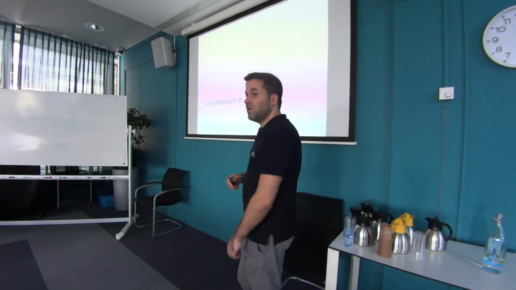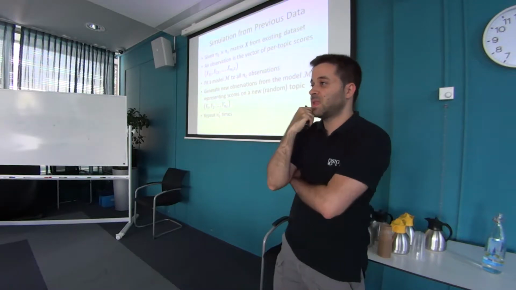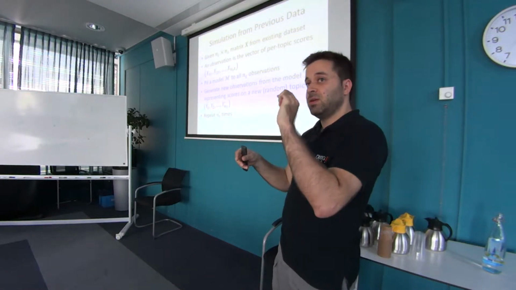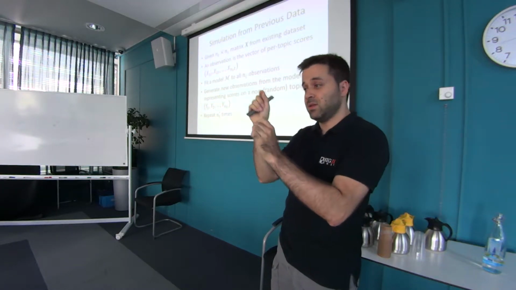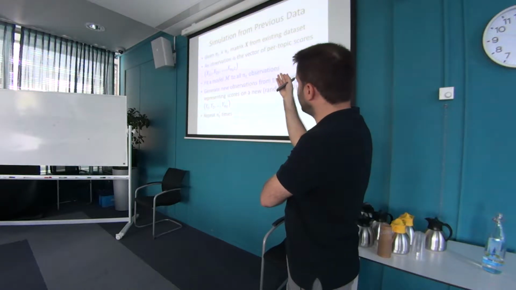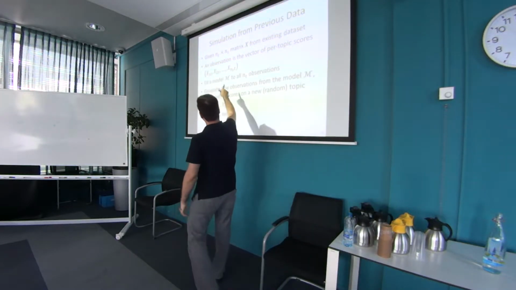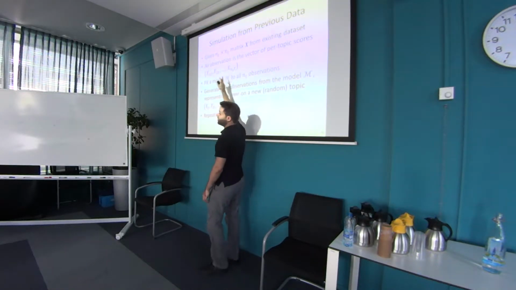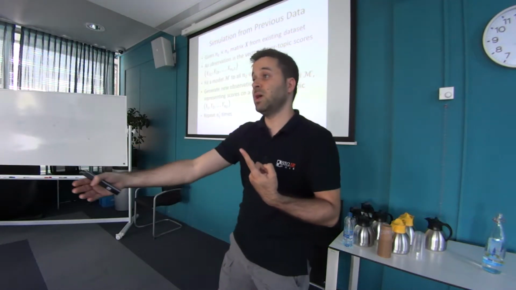So let's go to simulation, right? And let's simulate from previous data. So let's say that I have a previous collection, let's call it X again, and it's going to be the matrix of system by topic, or topic by system scores, right? So something like for precision at 10, this system on this topic, this system on this topic, etc., etc. So the observations that we have in an evaluation experiment is just each of the individual scores for a topic. So the score for system 1 on topic, system 2 on the same topic, all the systems for that topic. That is one observation of an evaluation experiment, right? And we have many observations, as many as topics we have, right?